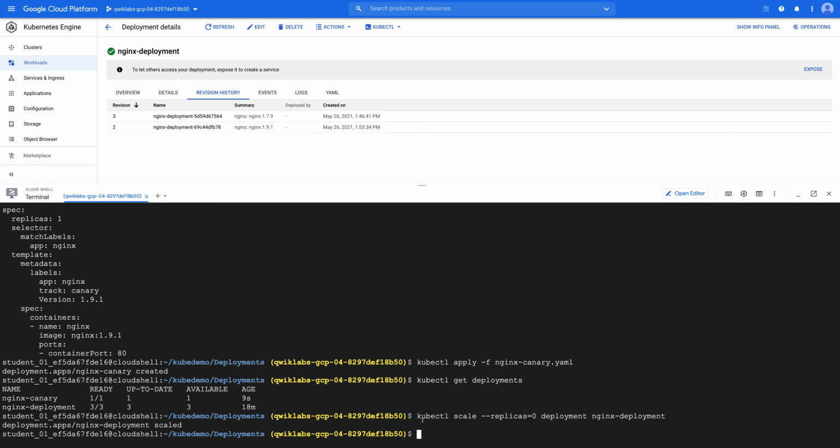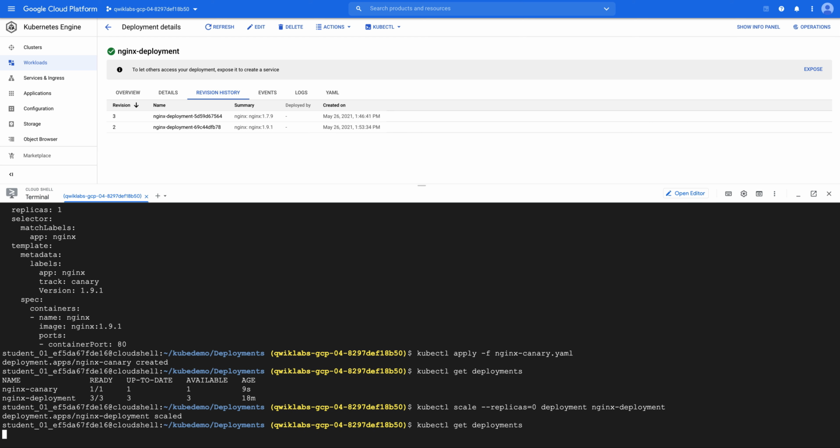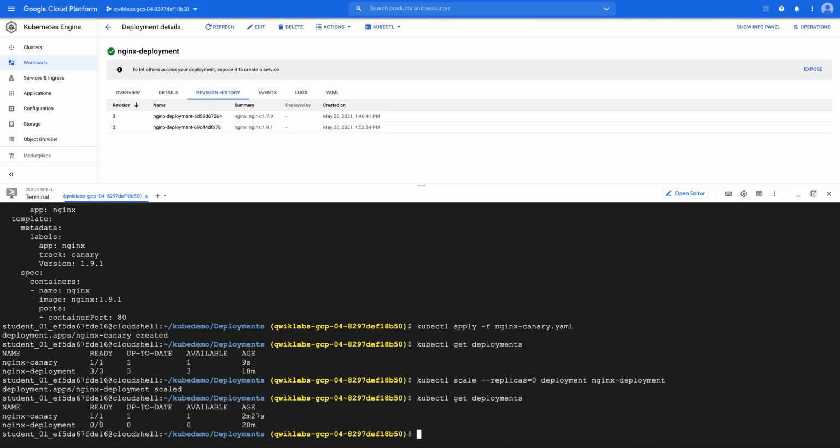I have made replicas 0, and if I get deployments, there are no replicas. And if I go back and refresh this, I am still able to see this page being served, and this is coming from the Canary version.